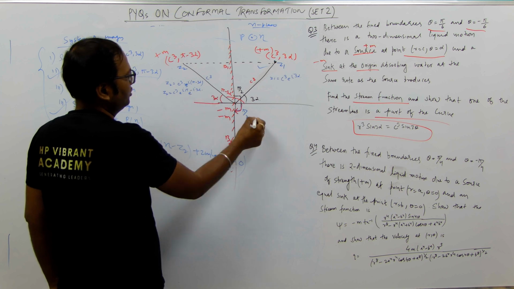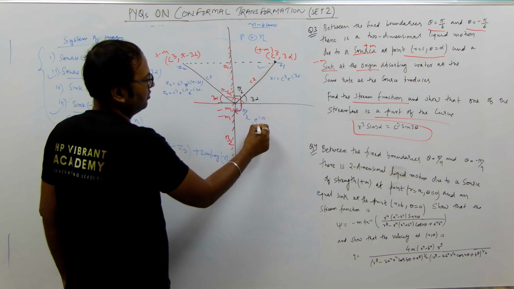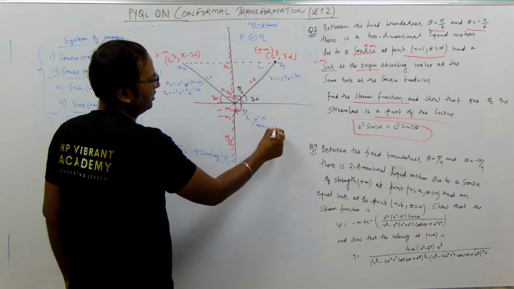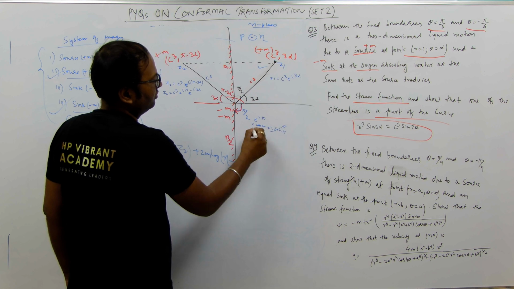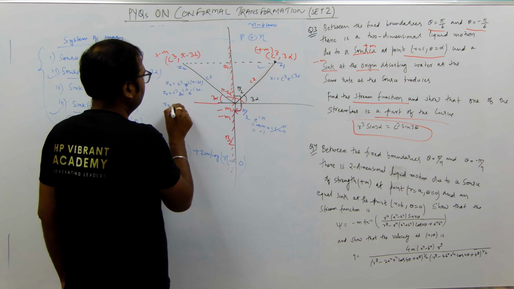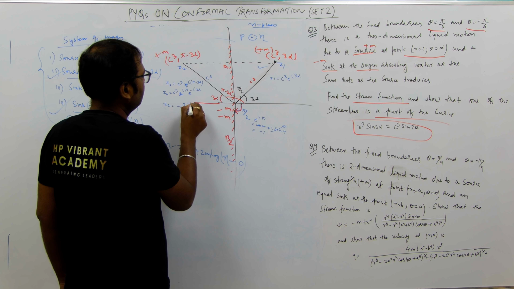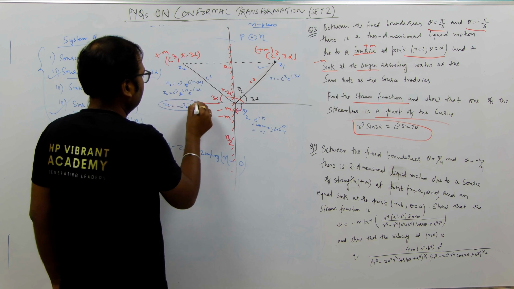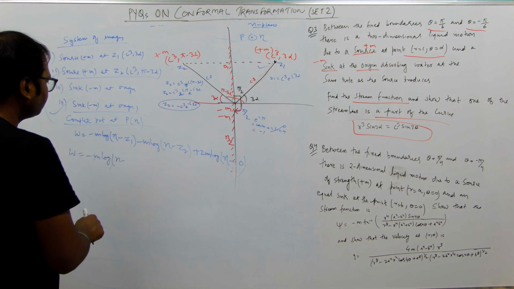तो e^{iπ} क्या हो जाएगा? cos π + i sin π, तो ये तो 0 हो गया और ये −1, तो ये −1 हो गया। तो Z2 इज इक्वल टू −c³ e^{−i3α}, ठीक है। तो ये आ जाएगा तुम्हारा।